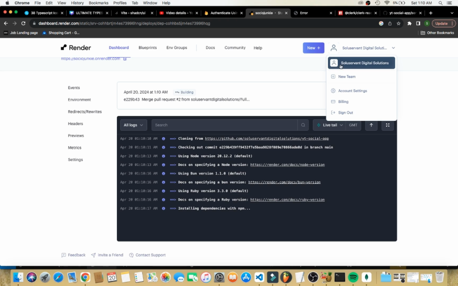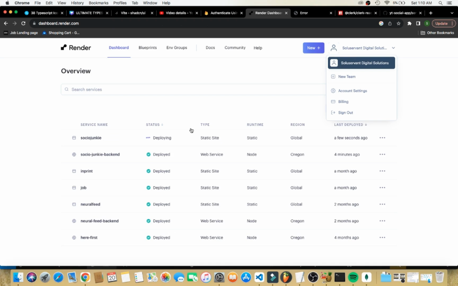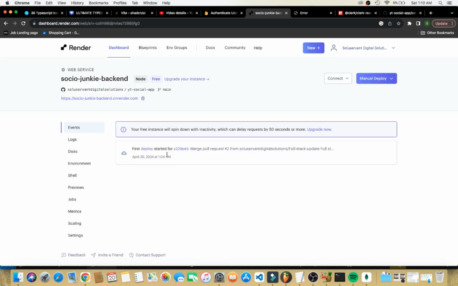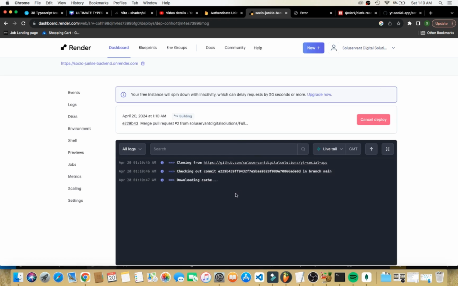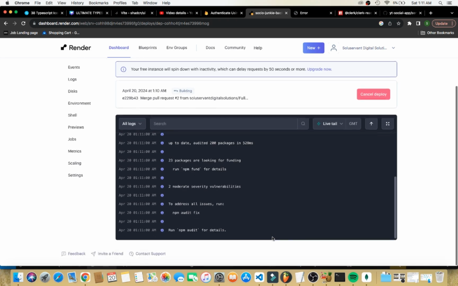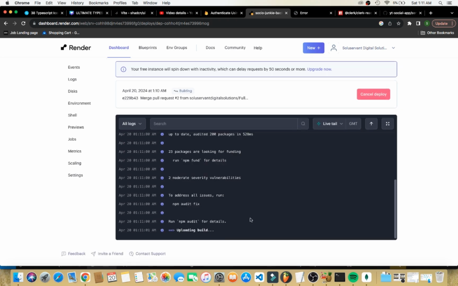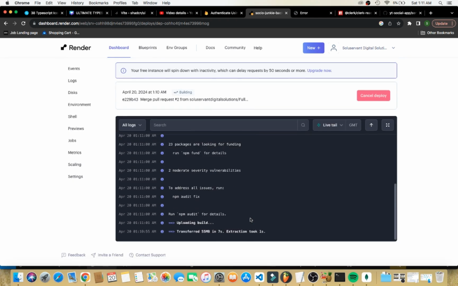Okay, so whilst this is being deployed, this one says 4 minutes ago. So that means it has not deployed the latest version that we were supposed to deploy, right? So in order for us to fix that, we can click on manual deploy and then deploy latest commit. Alright,